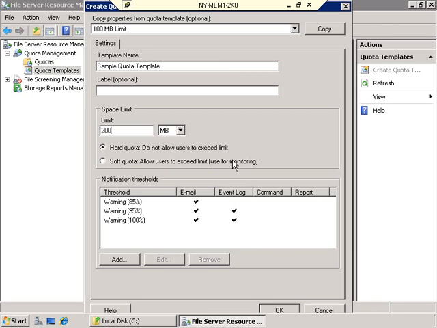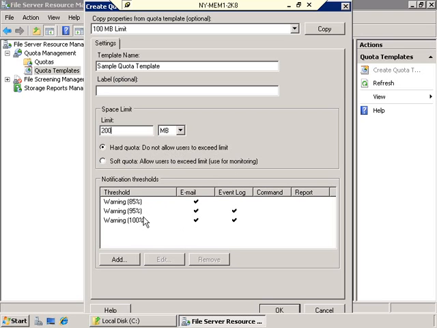Okay, so again, this is all going to be exactly the same as what we saw in Windows Explorer, but now we're setting it up as a template so that we can take this template and apply it in different places. So here we have a limit, whether it's hard or soft, and then down here we have notifications